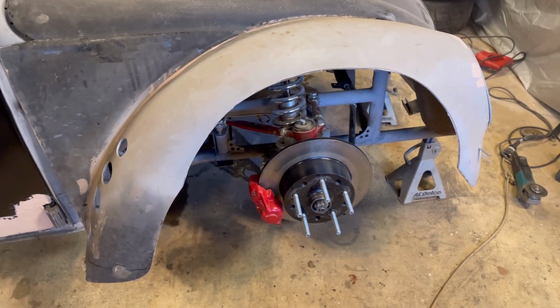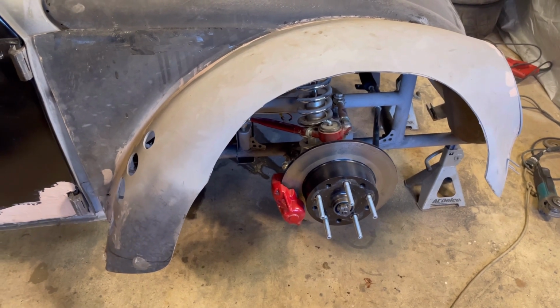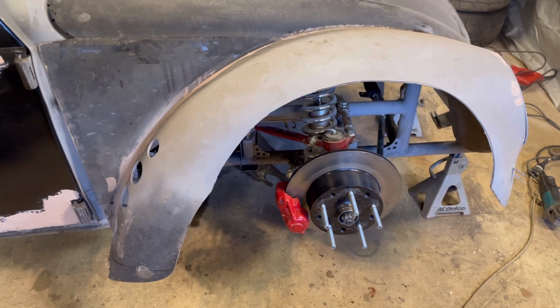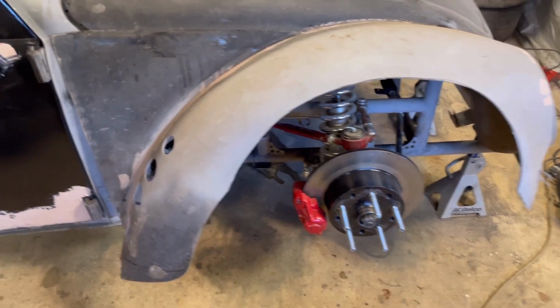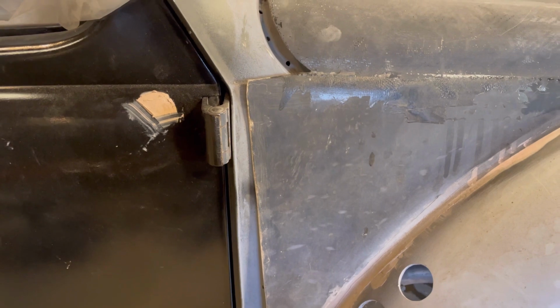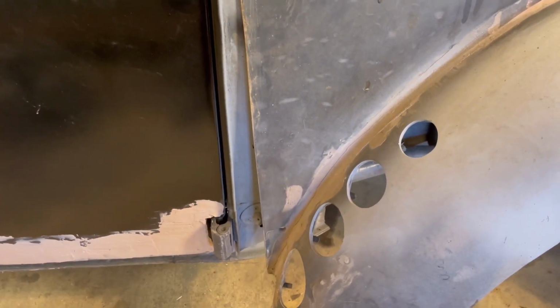Well, I got the majority of that cut out. There's a couple things that I have to fix, a couple gaps, if you guys could see in the time lapse. But that should be no big deal. It's going to go through and clean a whole bunch of stuff up anyway. So here's my problem. You can see that the top is pretty darn close, and the bottom's gapped out